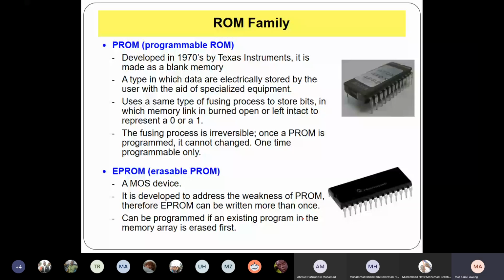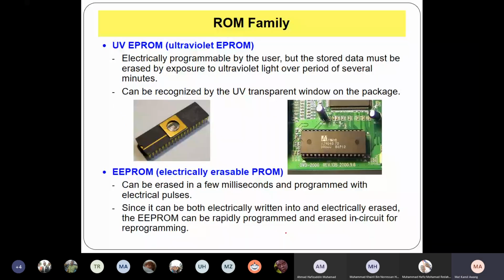So one type of EPROM is called ultraviolet EPROM. It is electrically programmable by the user, but the stored data must be erased by exposure to UV light over a period of several minutes. You can recognize the UV EPROM is this. It has a transparent window on the IC. That is where